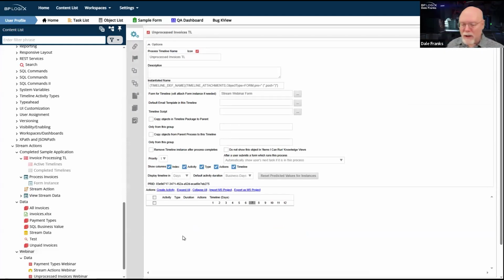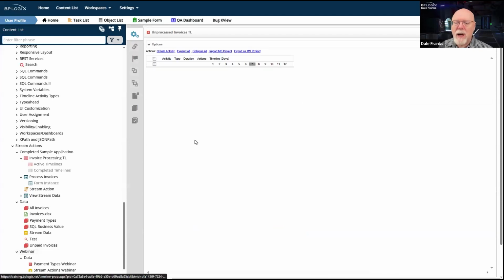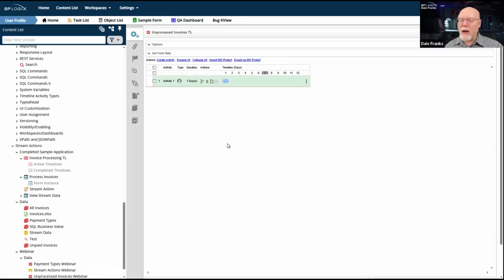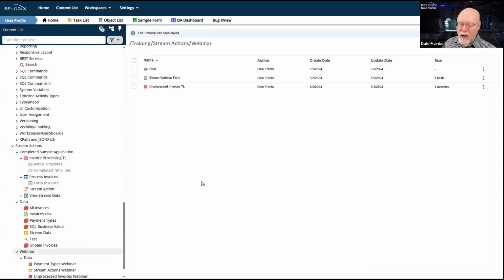It's still going to be a little tricky because we're going to need to do some SQL manipulation in this process timeline. But we don't need to do any of it quite yet. We're just going to go ahead and hit create activity, and we're going to see if we can get our stream action running here with just this form and process timeline.